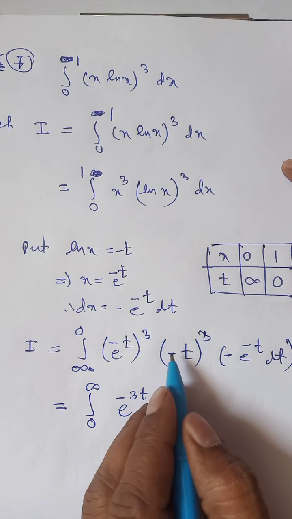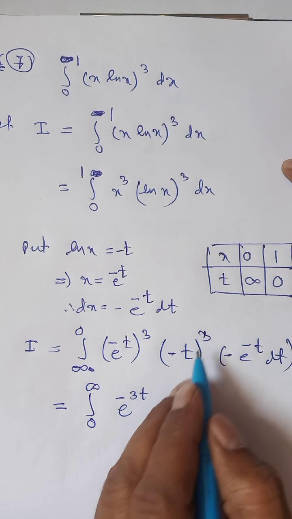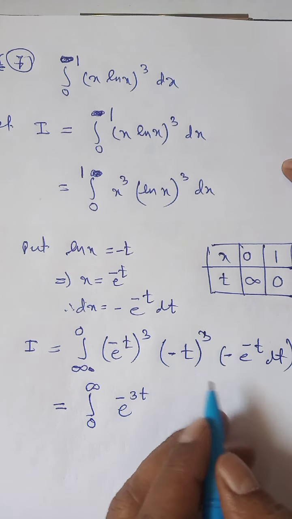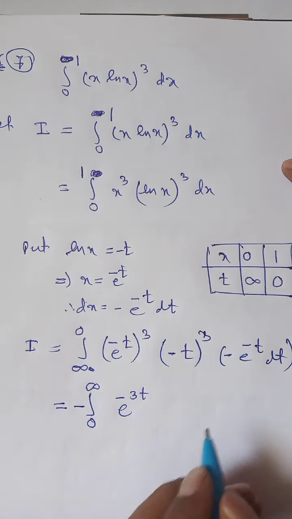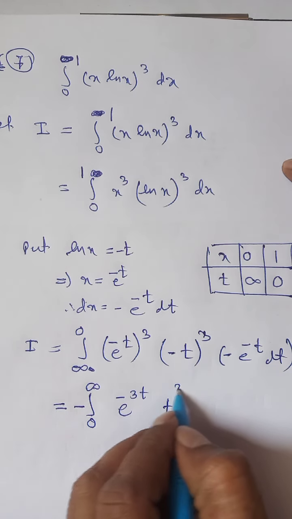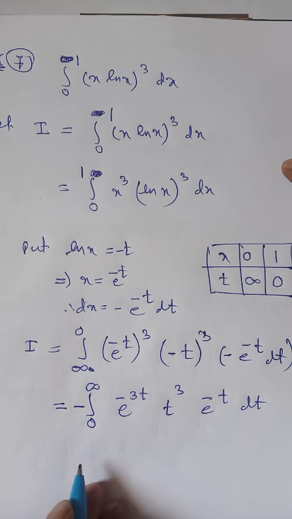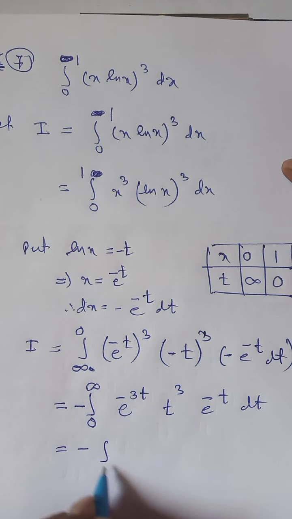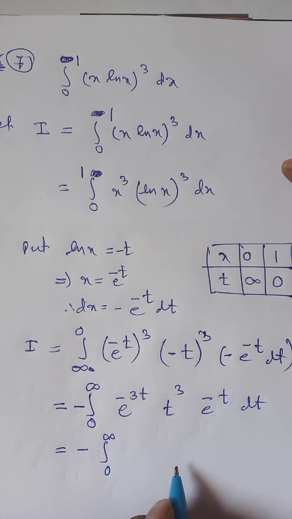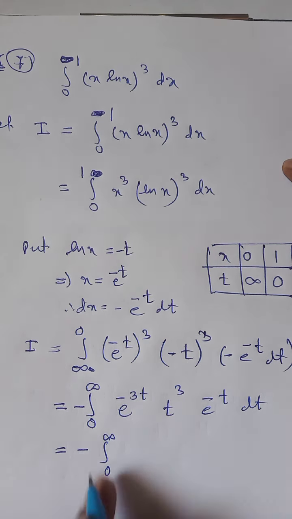Minus t whole cube means minus 1 cube into t cube. Minus 1 cube is minus, into t cube into e to the power minus t dt. So this is minus integral from 0 to infinity,